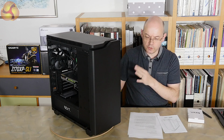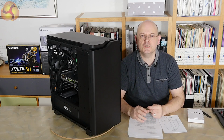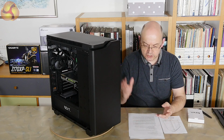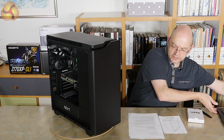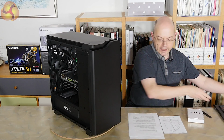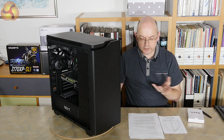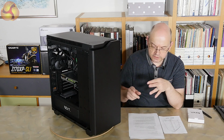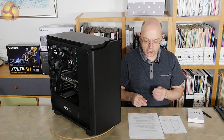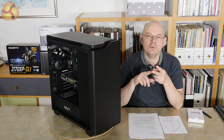Differences between this version and the previous H440, which at a guess would be NZXT's most popular enthusiast case, are all matte black colour, scratch resistant paintwork, a tinted black window, they say black, I say smoked, and there's an option of having one that's got no windows, so plain panels, increased height and depth with better ventilation for better airflow, and a PWM fan hub, which is actually something that we've seen before with the N450